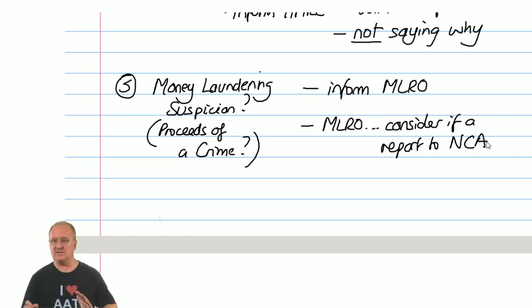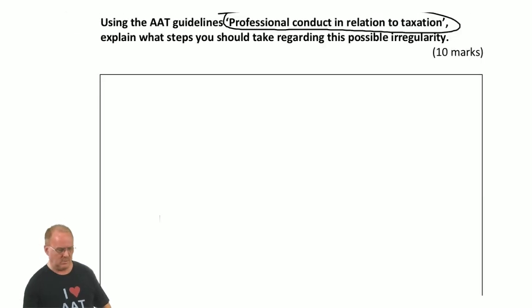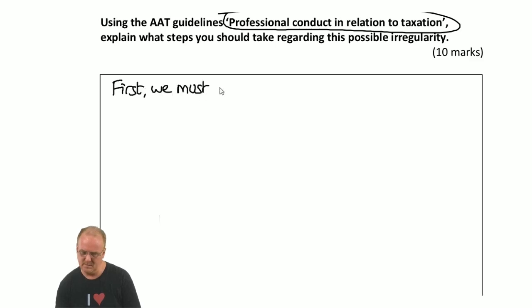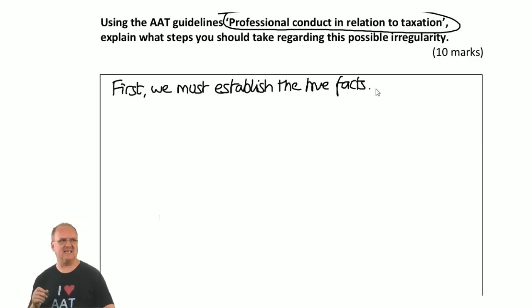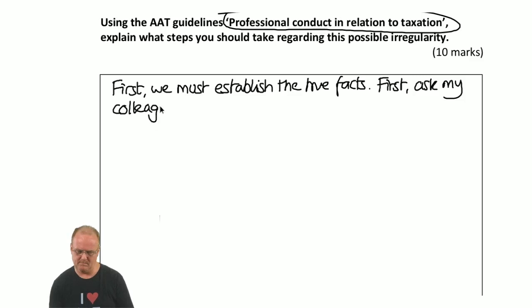But we don't just want to do that, we need to apply it to the story, and it needs to be sentences. So what sort of stuff would I be writing? Sentences, yes? So I'd say something like this. First, we must establish the true facts. Now, since my colleague has emailed me here, I would ask my colleague for complete details of what they saw,